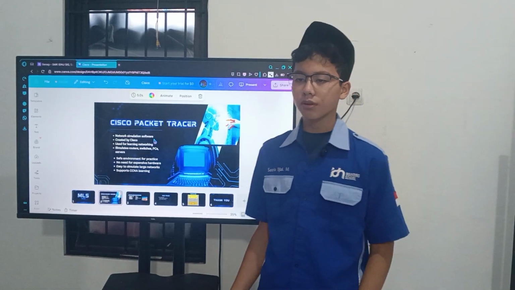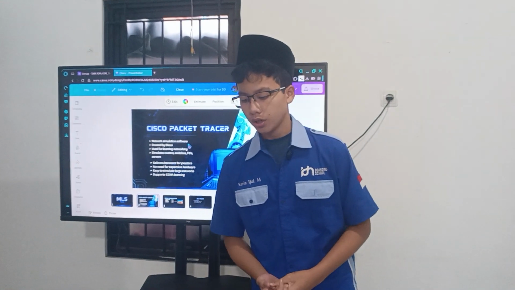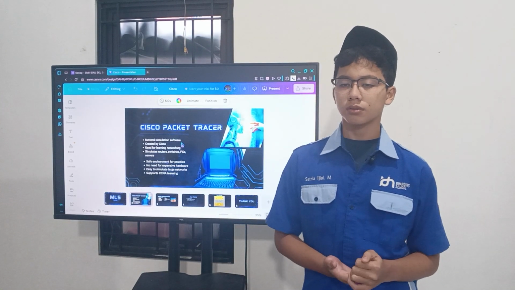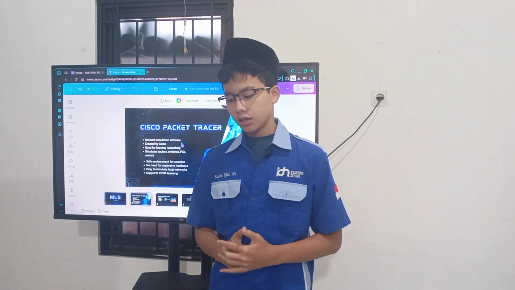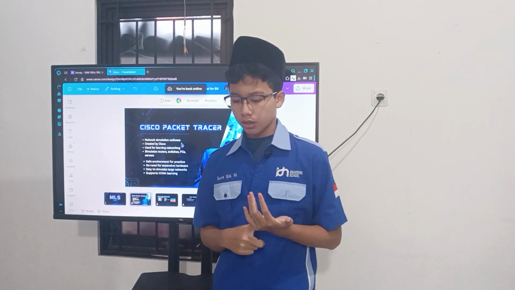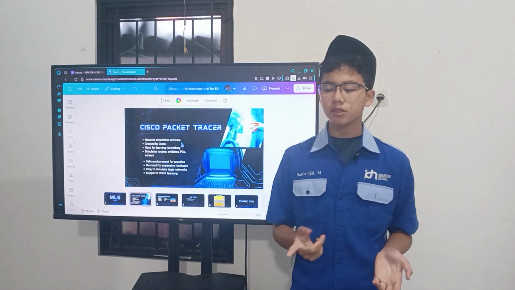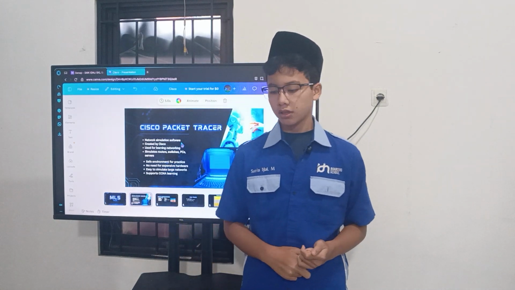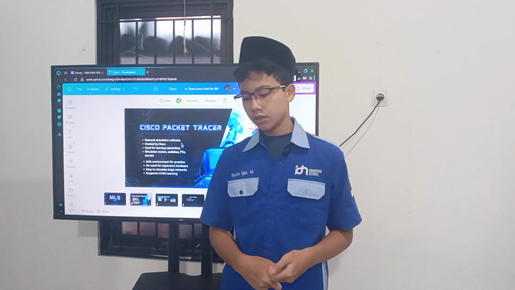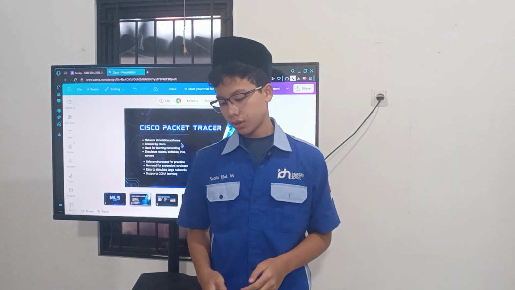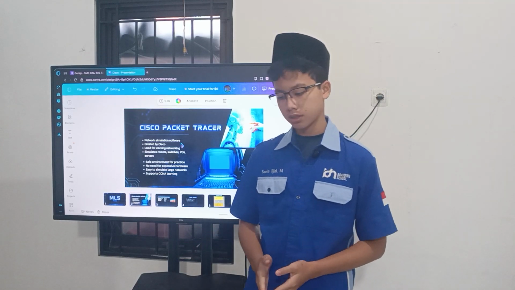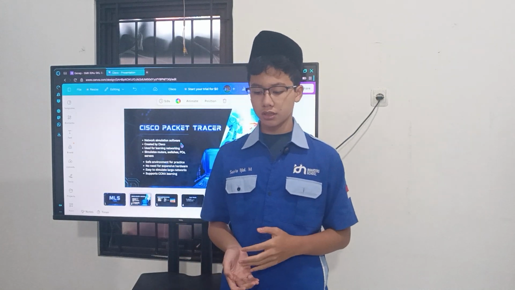Cisco Packet Tracer is a network simulation software created by Cisco. It is used for students to learn about networking, switching, and also routing. It simulates routers, switches, PCs, servers, and a bunch of more devices. It is a safe environment for students or colleagues to practice. No need for expensive hardware or real physical devices in front of you. It is easy to simulate. It can simulate large networks or small networks. It also supports CCNA learning.